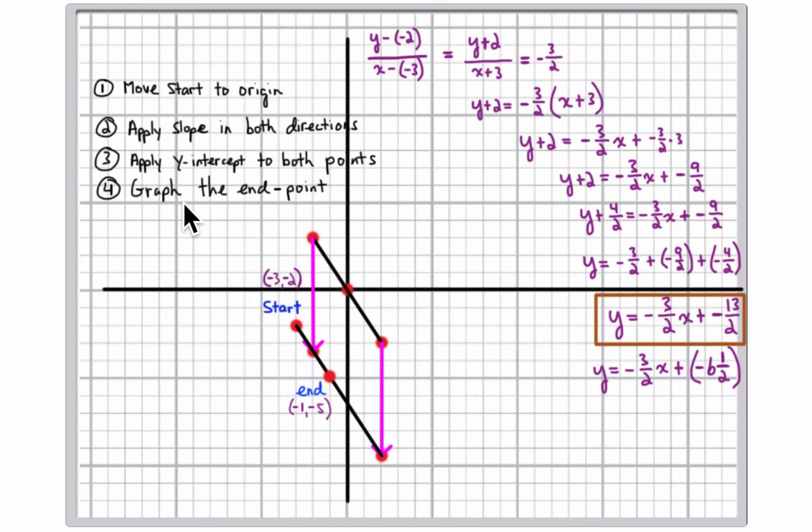And finally, the last step was to graph the endpoint. Well, the endpoint's right here. So we go from this start to this end, negative 1, negative 5. All right, so I hope this is a way for you to visualize it. We're going to develop or write these equations more and more, and if you have some visual idea of what's going on, it should help you understand as you work through these equations. All right,